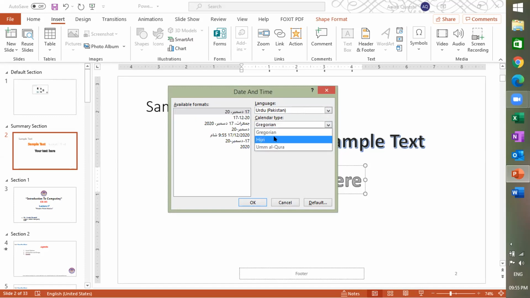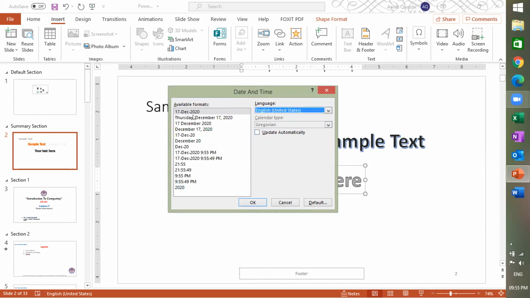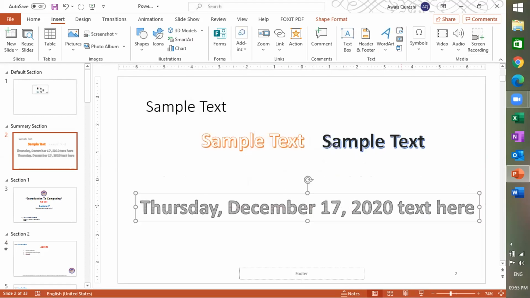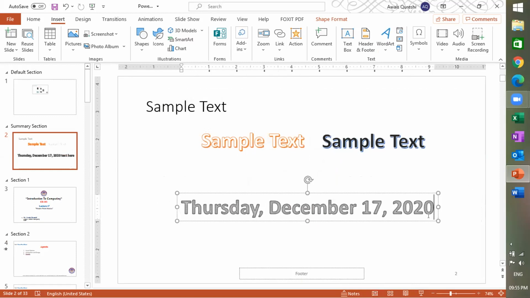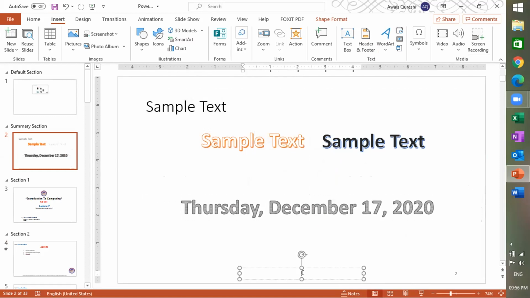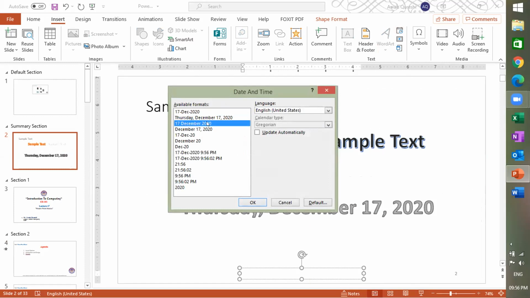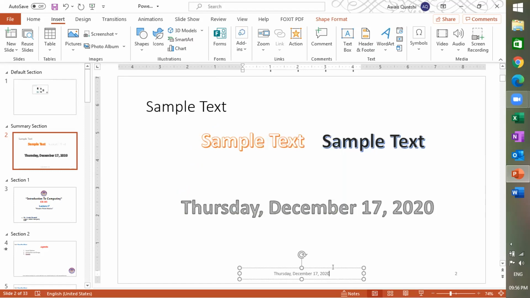and Urdu calendar, Hijri calendar, which is the Islamic calendar, Georgian calendar, and al Qura calendar. So you can add dates by using these calendars. Okay, let's see. I'm going to add this long date format, so it will come in that fashion. Normally, the date appears in the footer, so clicking in the footer and then adding this button, Thursday, and okay, you can see we can add dates like this.